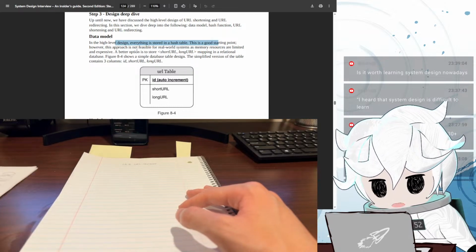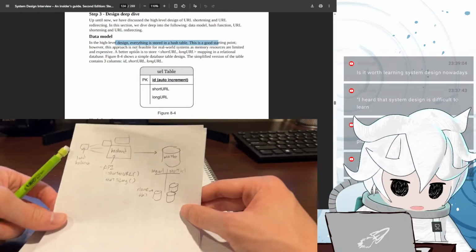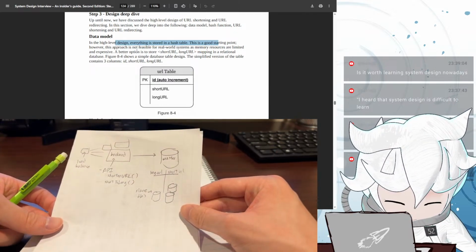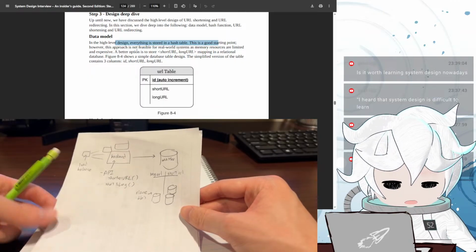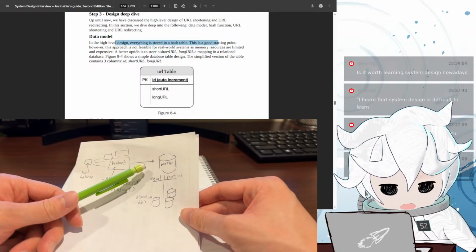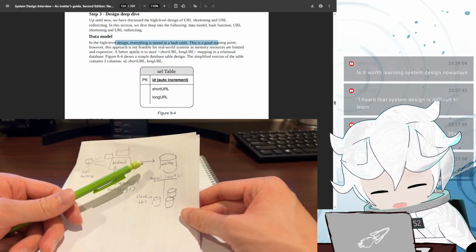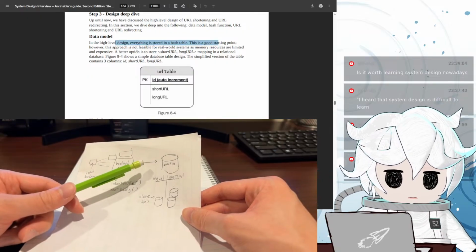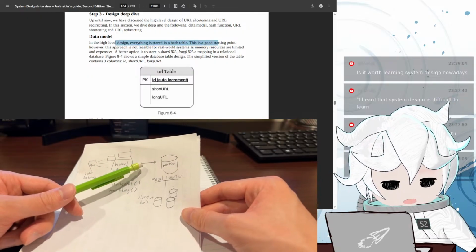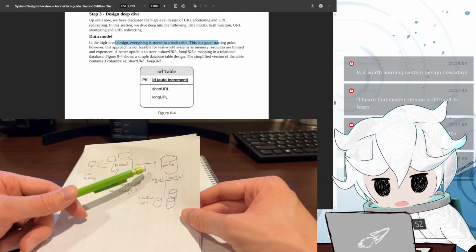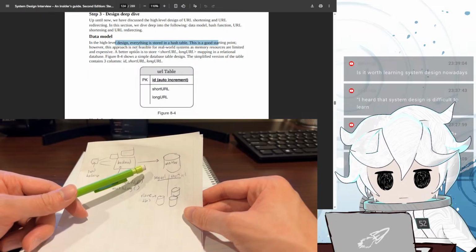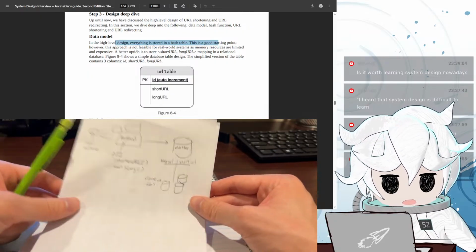Oh, I think that was what was missing from my design here. I gotta front it with a cache so it can actually be fast. And then that cache can use key-value mapping to make it O(1) time if it's actually in the cache. Yeah, that's probably the way to go.